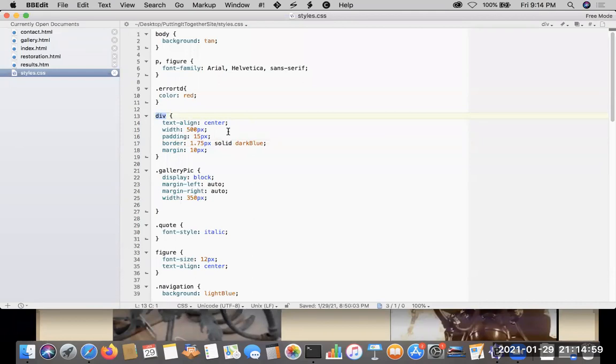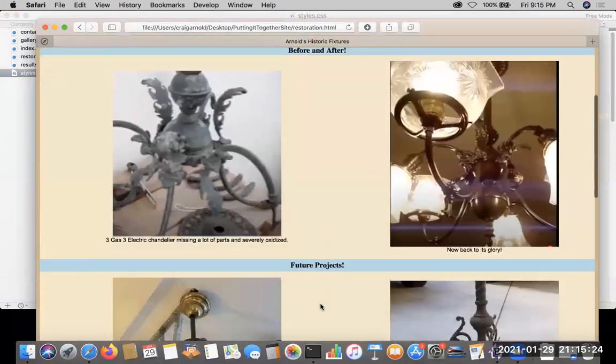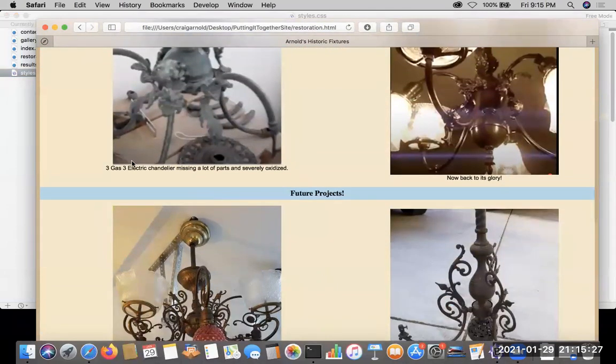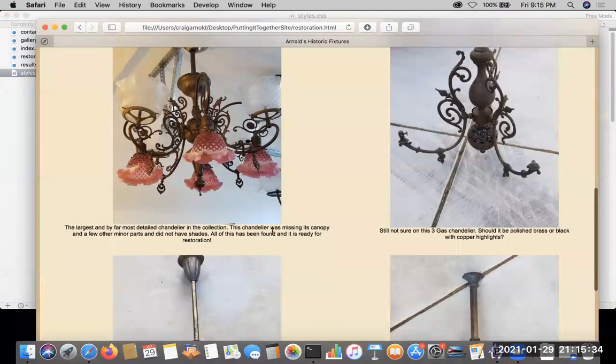Another example, the figure. Figures go with images, and I don't want to get too far into them right now, but I do want to mention that this figure tag, I've set up a font size and a font alignment: center and 12 pixels. Well, they're what are under my pictures in the figcaption sections, which are nested inside the figure tag. So that is what we have here, these smaller text that are centered by the pictures on